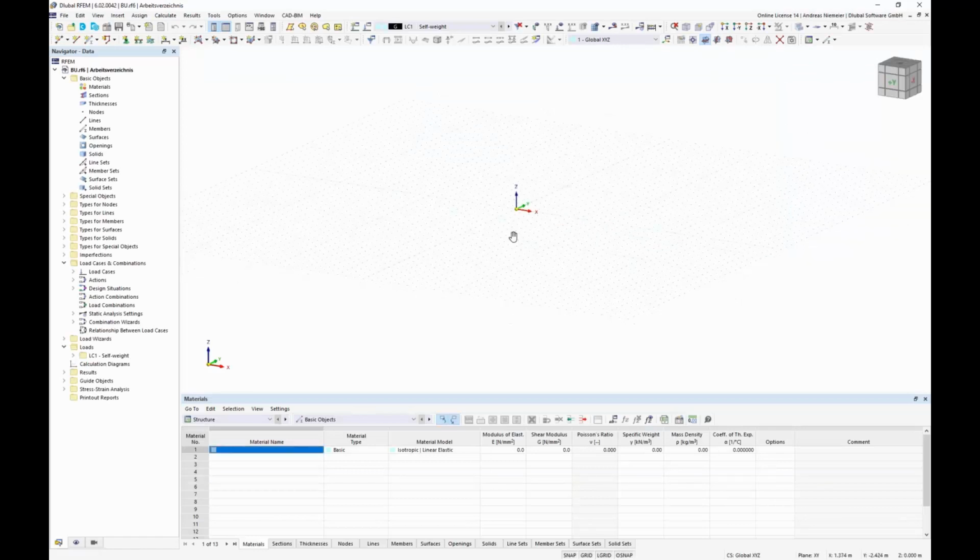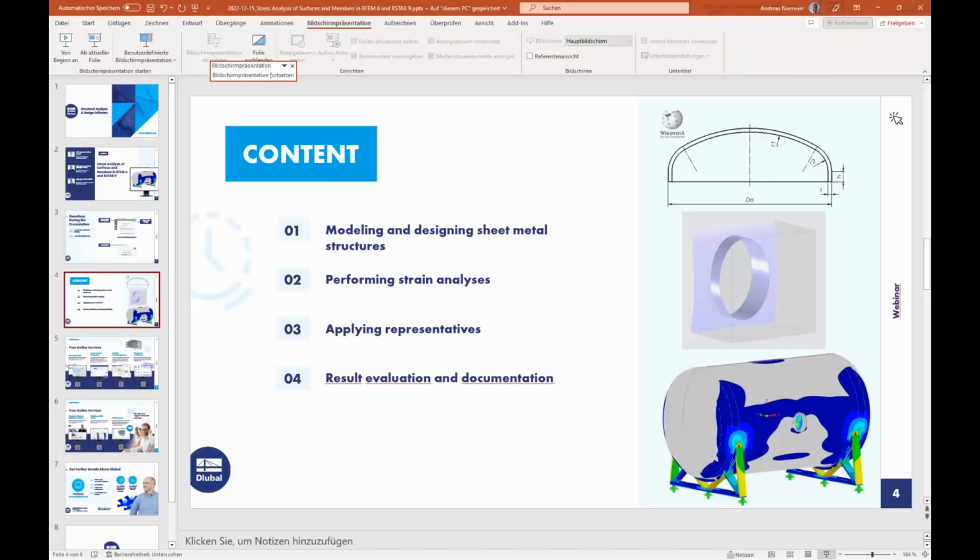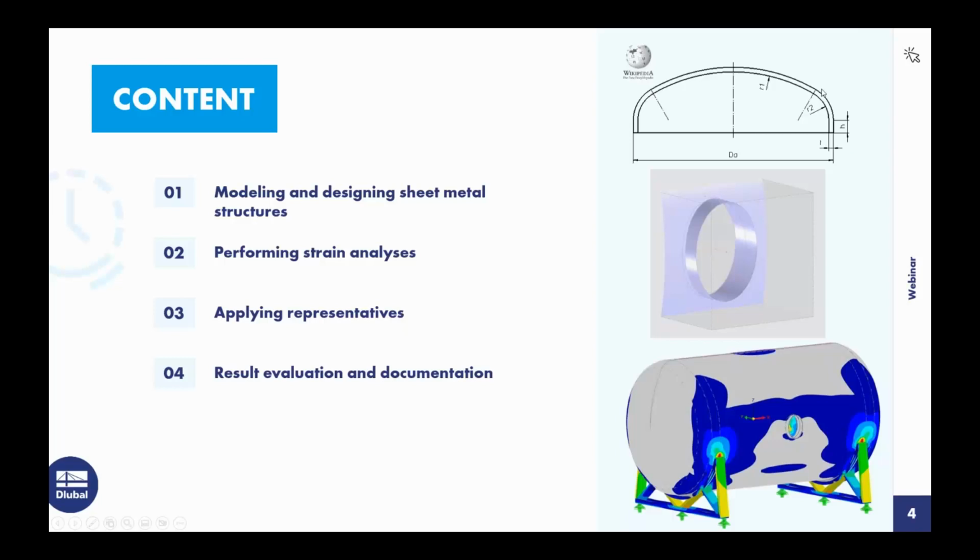Here you see our graphic environment, on the left side the navigator, and on the bottom the tables which output the input and result data. For starting to model such a vessel, we have to think about how we want to set it up. I mentioned this vessel should have a vaulted head on the right and left side, and maybe I jump back to my PowerPoint here, this structure bases on such a geometry,